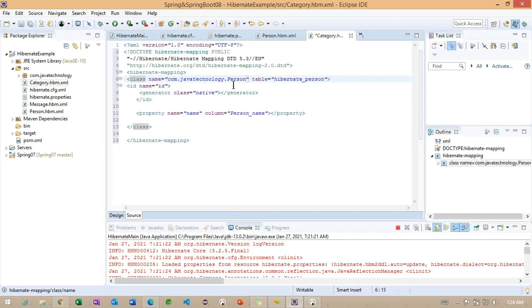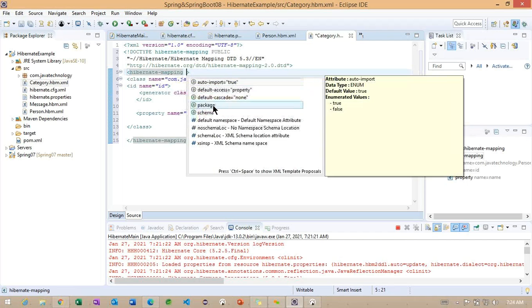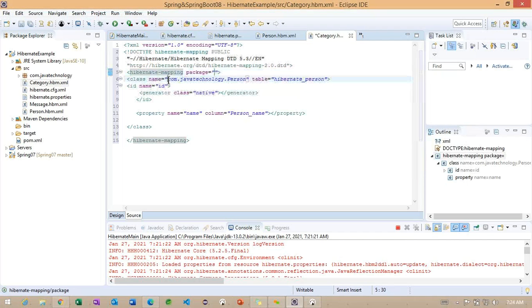Here what I'm going to do is define the package at the class level. You will get an option called package, so this particular package I want to specify here. What is the advantage of specifying it like this?